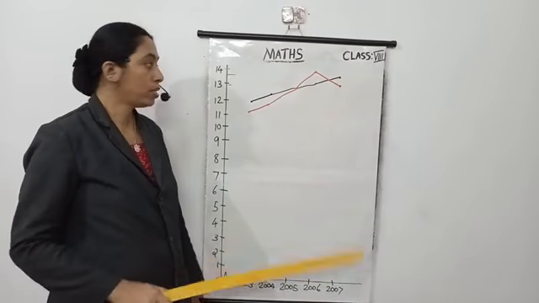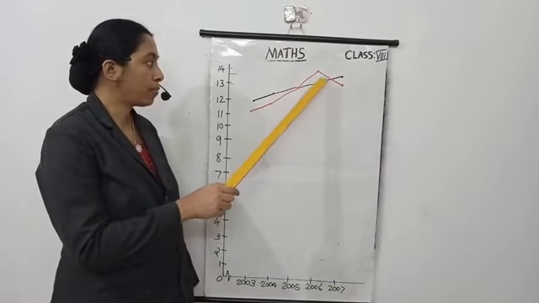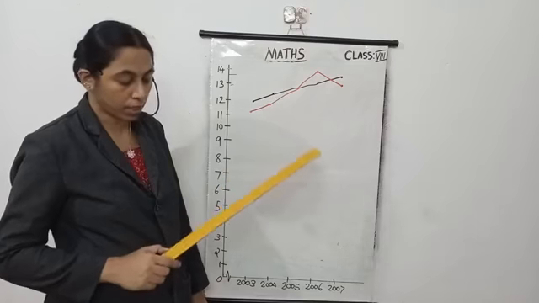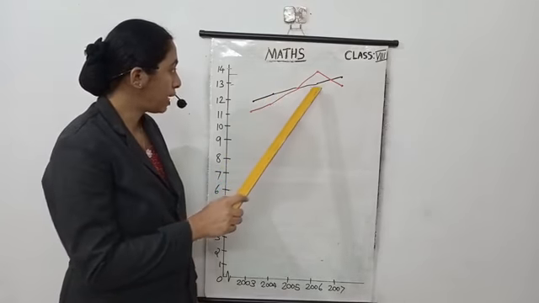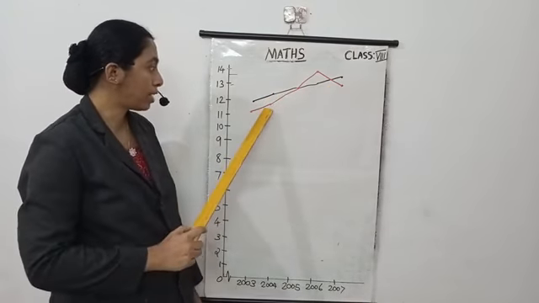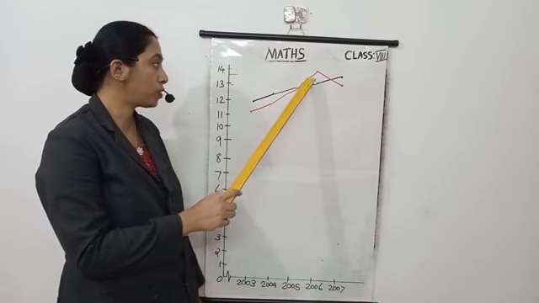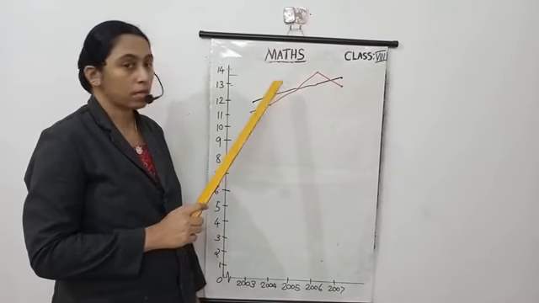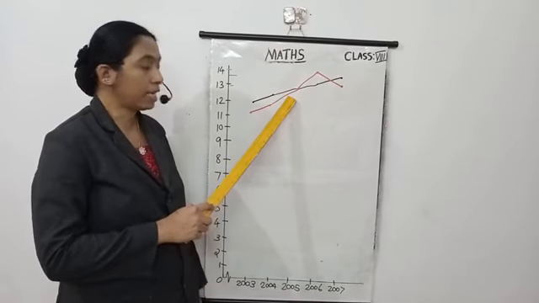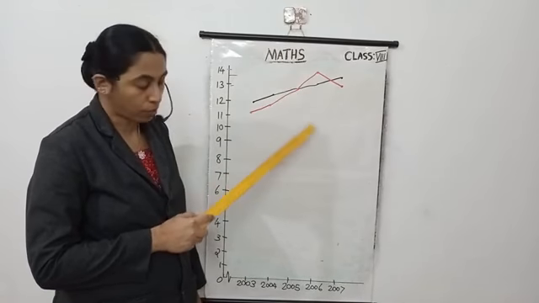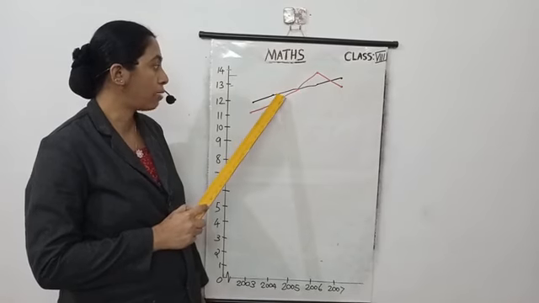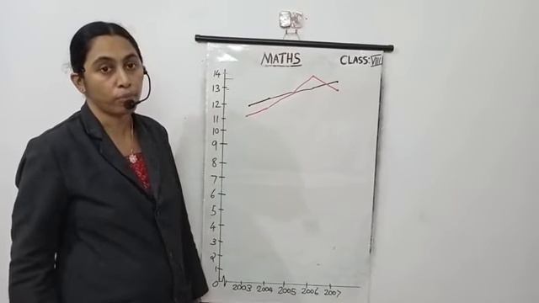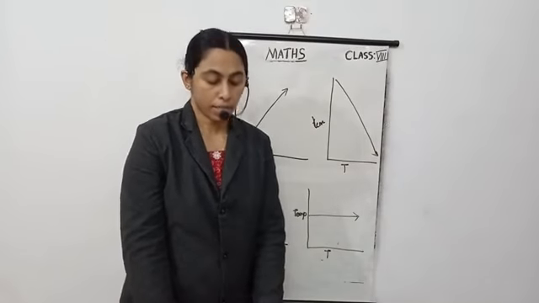So you can use different colors or different methods for representing different graphs, like this is joined lines, and here we can use dotted lines for representing the line graph of women. Like that we can choose any one. Here red color lines represent the population of women, and black color lines represent the population of men.